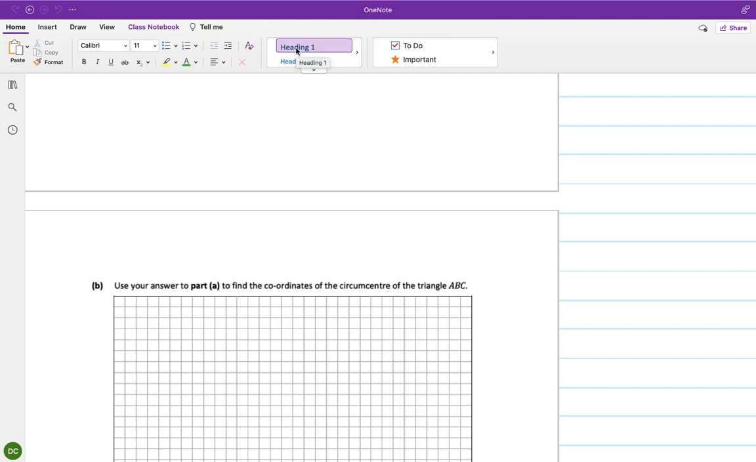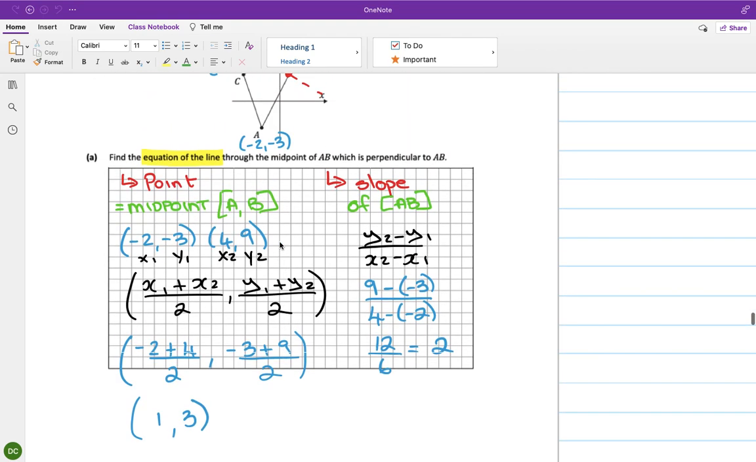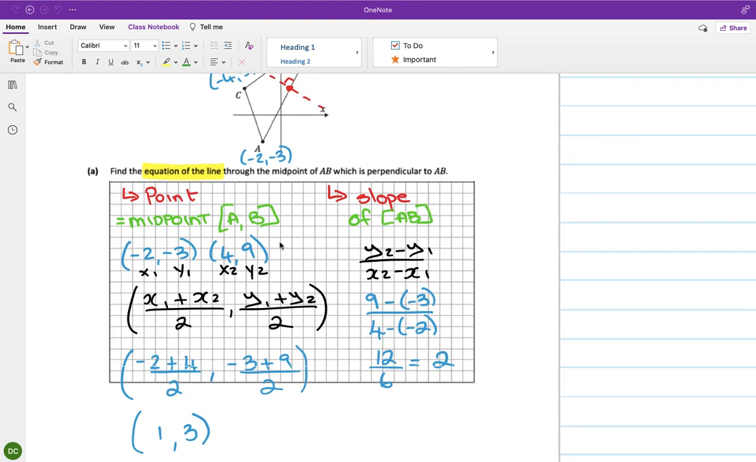Right, so we keep going. I don't think I finished the previous one. Yeah, so I got the midpoint of AB. I got the slope of AB. So now I want to do the equation of the line,